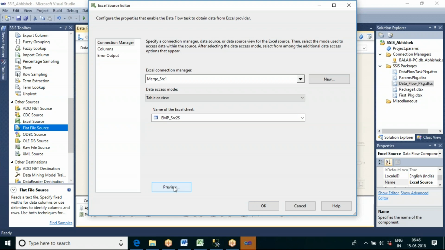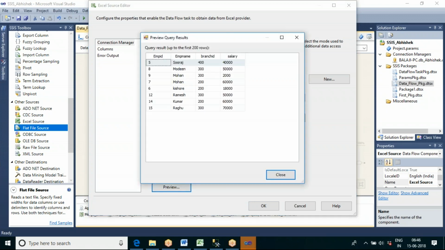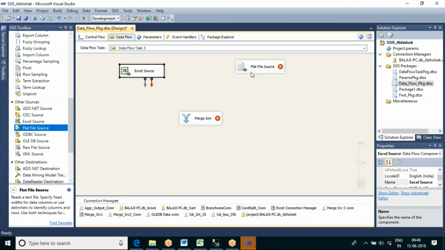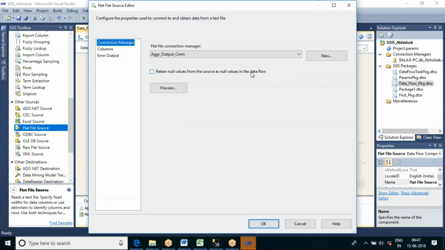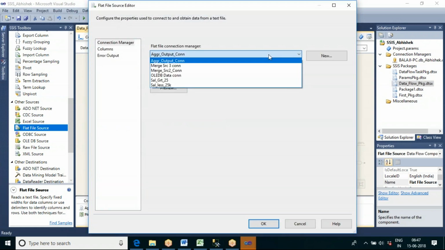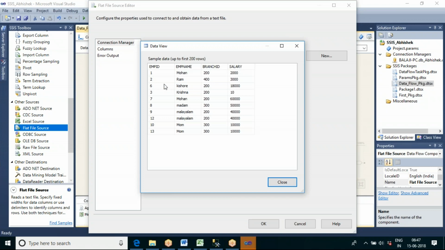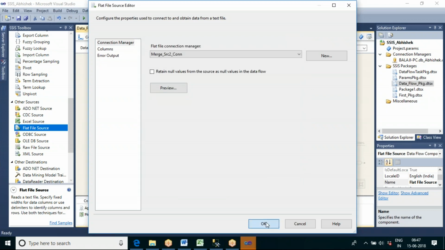Now you can see we have the data. Let me prepare the flat file source, that is the right side table. The connection is already there to that merge source part. Let me preview the data. We have some data there. Click on OK.